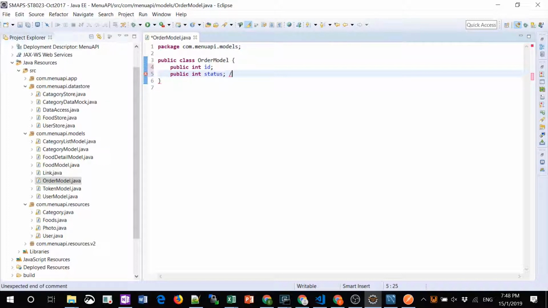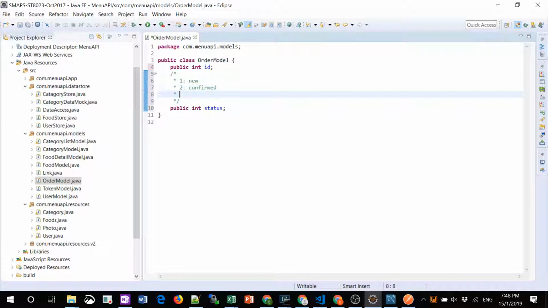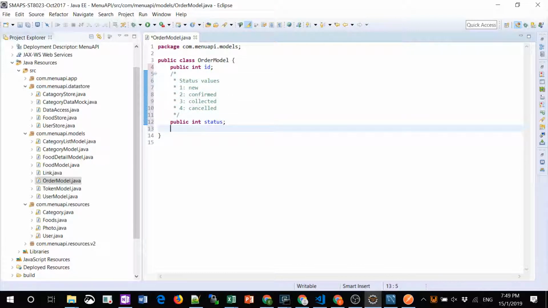Normally what I do is that I also include some kind of a code comment to tell myself what the values that this might have. 1 is new, 2 is confirmed, 3 is collected, 4 is cancelled. Okay, status values. Right. Okay, I'll also have my date,